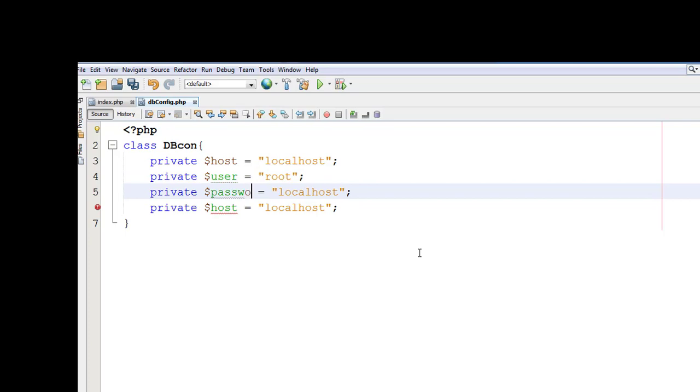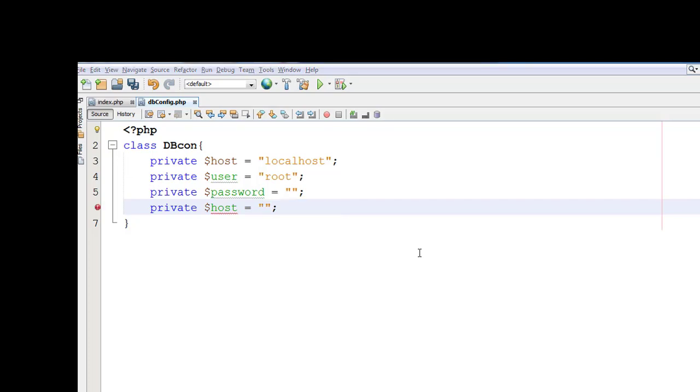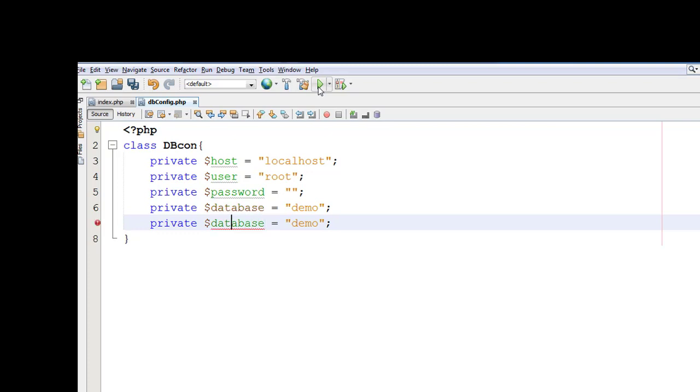Password, database name is demo. Now we just create another variable named $con. Con means connection. Okay,